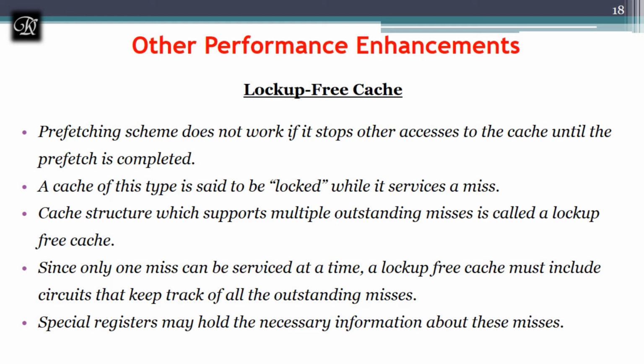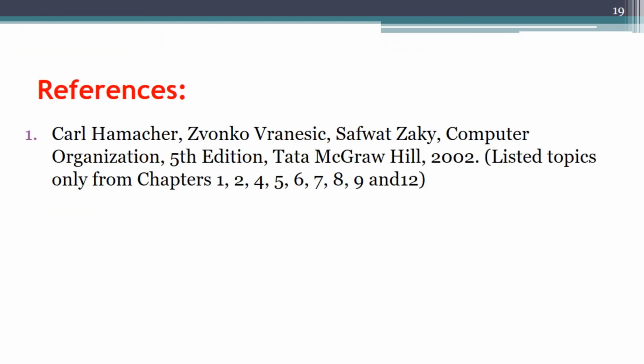These are all the things through which we can still improve the performance of the computer: by having interleaving, by having levels of cache, by changing the block size of the cache, and by coming up with buffers, such as a prefetch buffer and a lockup free cache buffer. By having all these things we can improve the performance, and this is the textbook I have used to explain all these concepts.